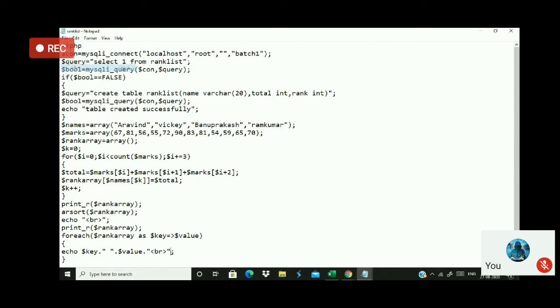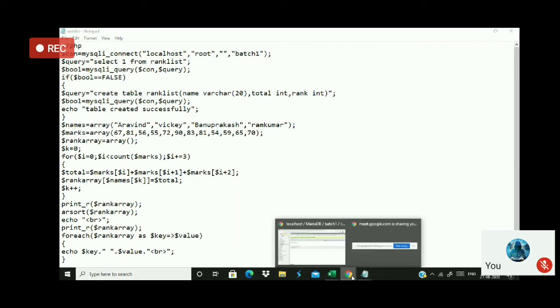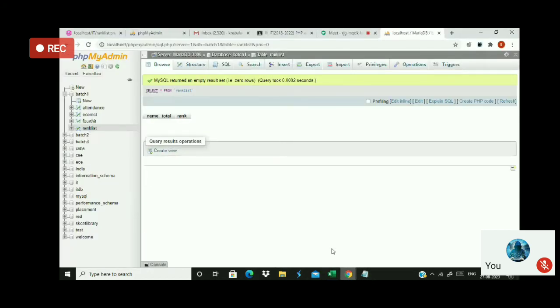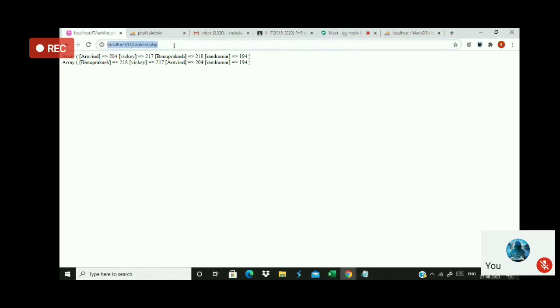Now see here, it is in an array. Now I'm able to split it up into key and value. I'll show you. Now see here, first name, I'm splitting it as name and mark. Again, name and mark. So every time I'm just able to split it up. Now what I have to do, only I have to push this data inside the database. That's all. Only one job is left over here to finally accomplish the task. But how to generate the rank here?